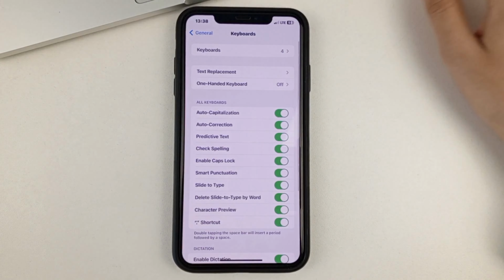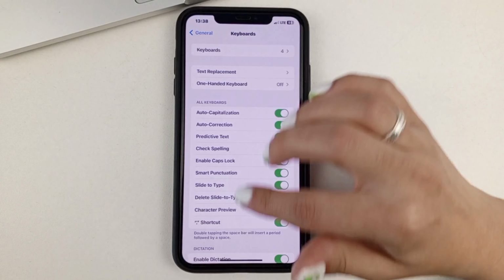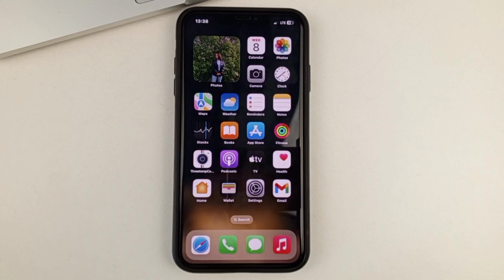If that didn't help the situation, then you will need to update your phone to the latest version of iOS. It is possible that this is the problem. Sometimes this happens if your phone is not updated. These are the ways you can fix the situation where emoji are not showing up on your keyboard and iPhone.